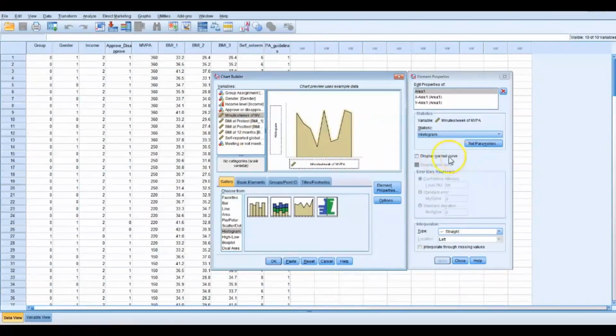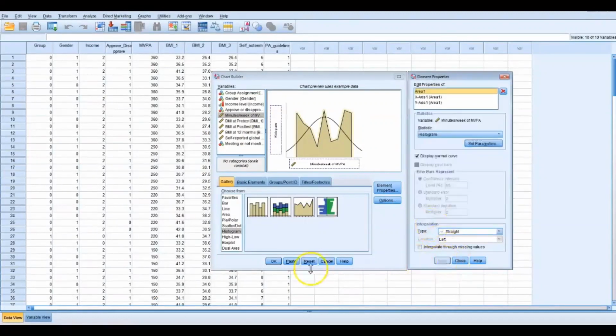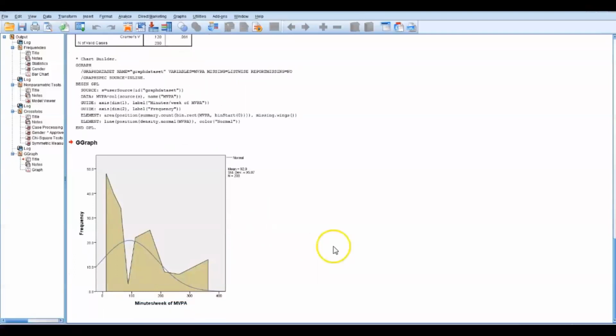And excuse me, I want to display the normal curve. And so I apply, and you'll see the normal curve there, and it looks pretty good. I could, if I wanted to, and I don't have to, go in and set the parameters, and you could say, you know what, people can't have negative physical activity, so I could say my anchor is 0, continue, apply that, and then hit OK, and you'll see how that looks a little bit different